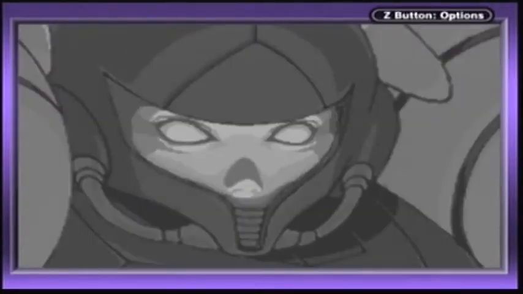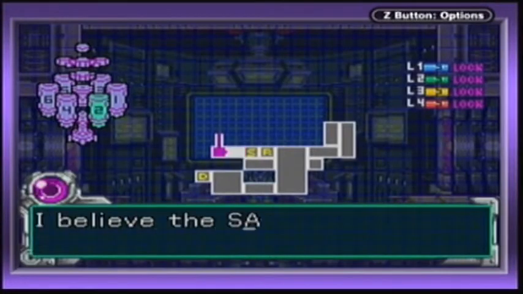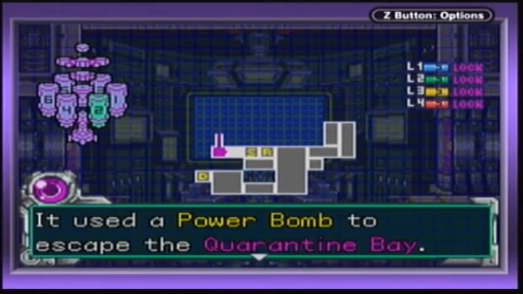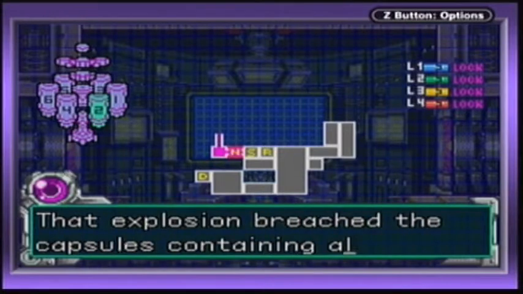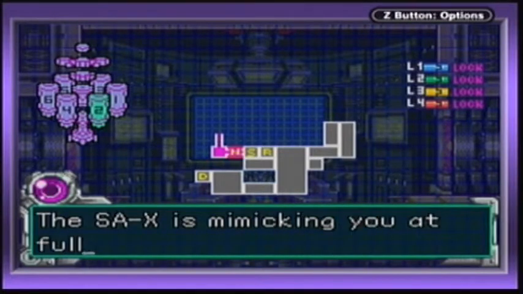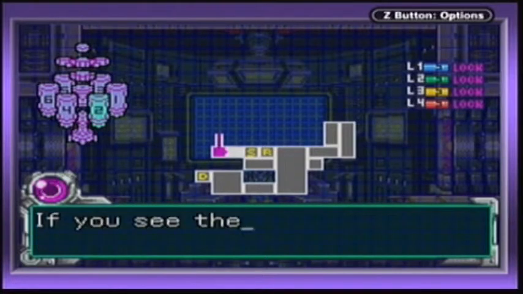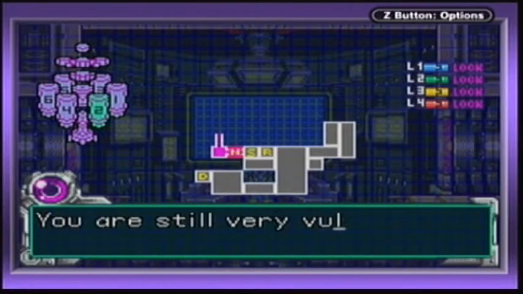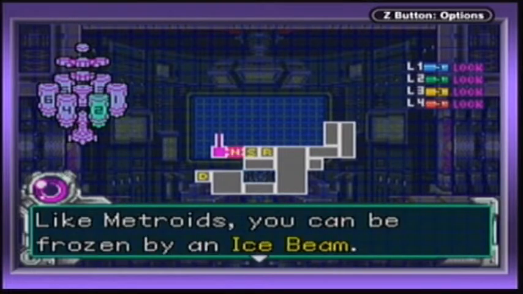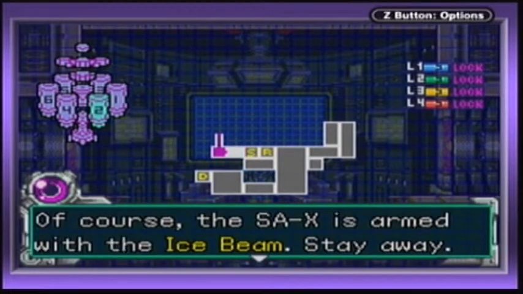And because the game thinks it's necessary to show us that again, it shows us that. Blah, blah, blah. Quit explaining things. You're pointless. Yes, the X can mimic whatever they want. Vulnerable to cold. I can be frozen by ice beam. Yeah, so can the SAX though, so...